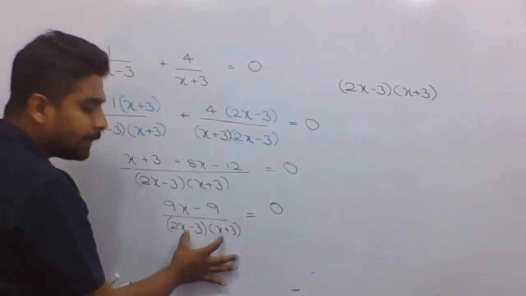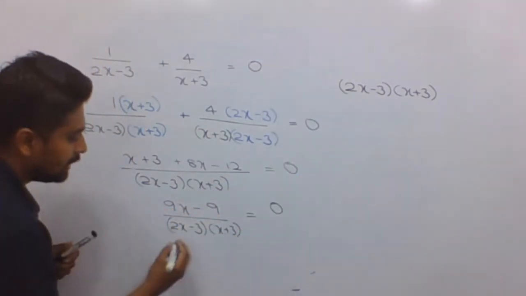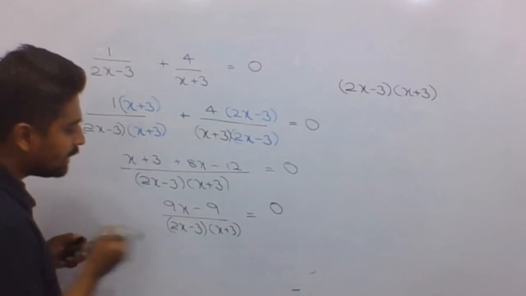When this set is multiplied by 0, 0 into anything becomes 0. So finally, what will remain here? 9x minus 9